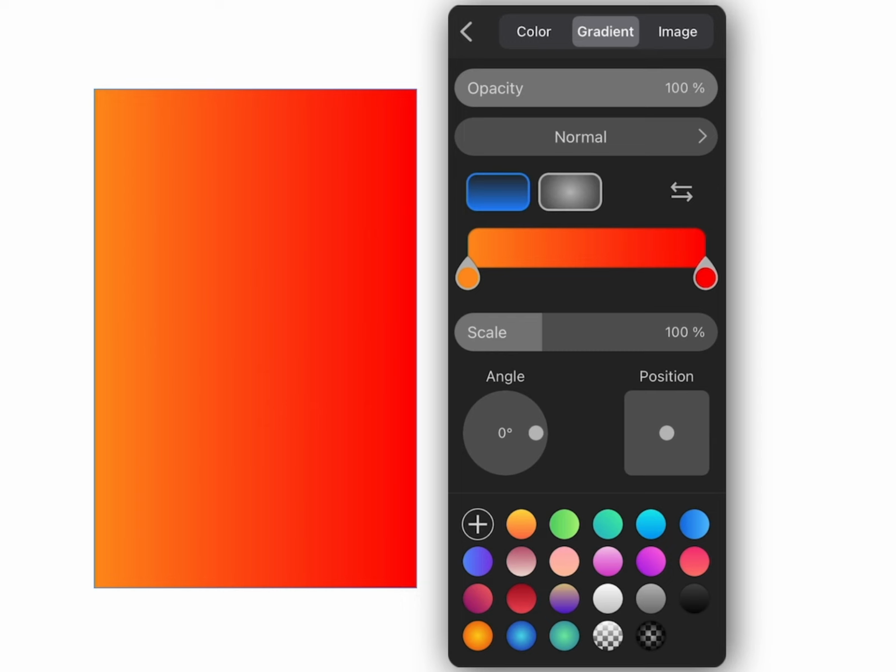The controls below the preview define how the gradient should be applied to the object. The scale slider compresses the transition area. The rest of the space becomes taken by two plain colors. We can rotate the gradient in relation to the object. Finally, we can move the gradient off the object's center. In the gradient that we have now, colors vary along a line. It is called a linear gradient.